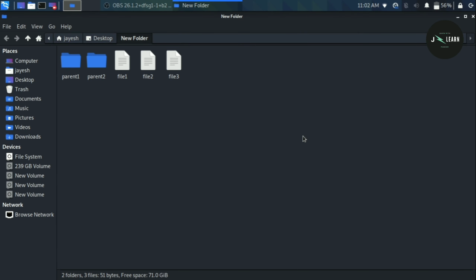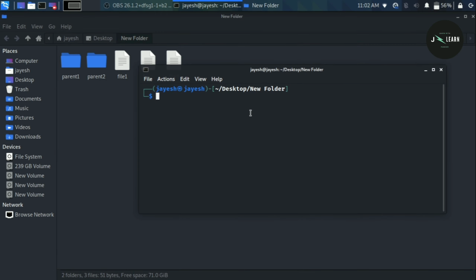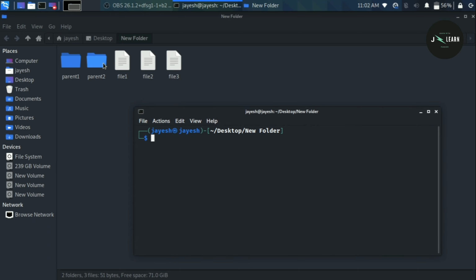Now mkdir is used to create or make the directory. As you can see, suppose we have to create parent 3 folder over here, we can do it by using mkdir space the name of folder parent 3. As you can see, parent 3 folder or directory is created over here.